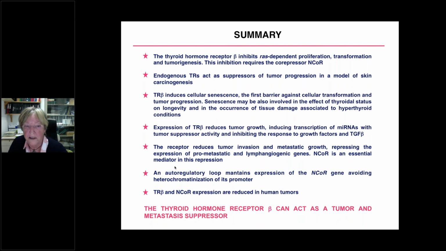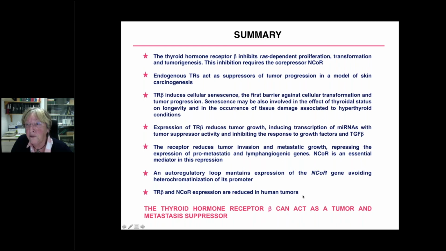The receptor reduces tumor invasion and metastatic growth, repressing the expression of prometastatic genes and the transcriptogenic genes. NCOR is an essential mediator of this repression. Also, an autoregulatory loop maintains the expression of the NCOR gene, avoiding heterochromatinization of its promoter. And TR-beta and NCOR expression are reduced, at least in some